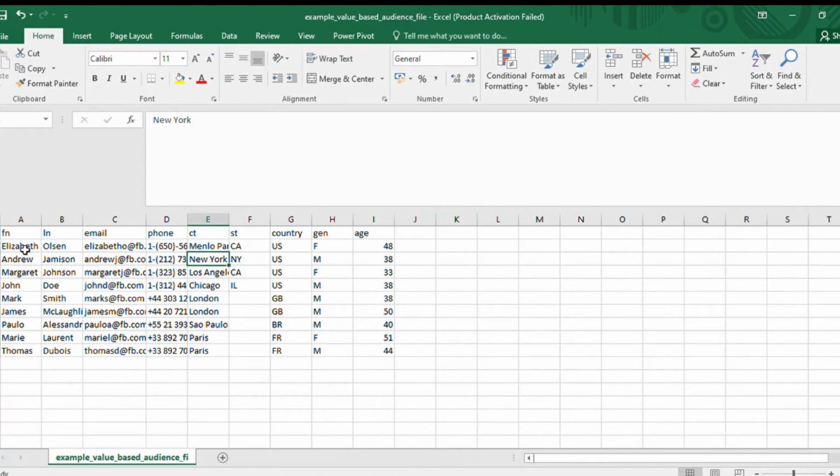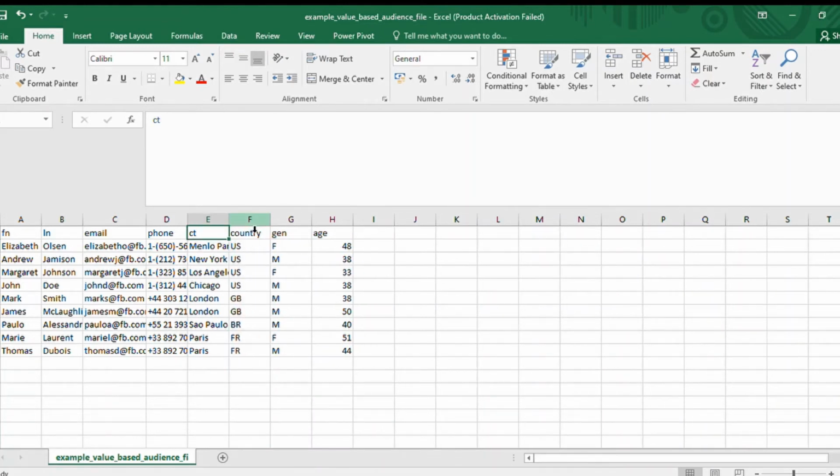Now if you see, this is the format which you have to give. This will be the text format, this will be the text format, this will be the email address format, this will be the international phone format, this will be the name of the city, that is text. It should be the international short form of the state. If you want, you can use it, otherwise you can remove the state. Country is US, GB, IM, like this. So I'm going to help you fill some audiences like this.